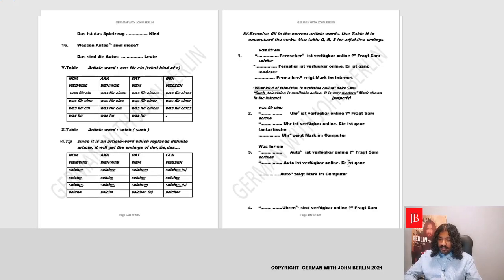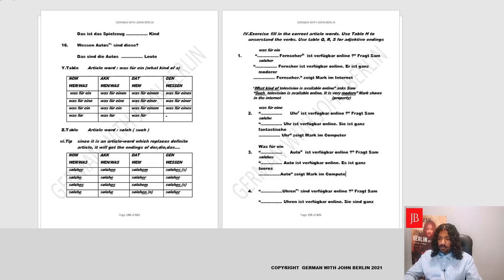Now you could say es ist ganz, you could say teuer. Yes, let's say it's very expensive car. It is very teuer, T-E-U-R, teuer. And then we'll put the ending of kein article table, nominative, neutral. It's just the borrowed endings of the das, that's es, teures. Yes. Okay, teures Auto. Fantastic.